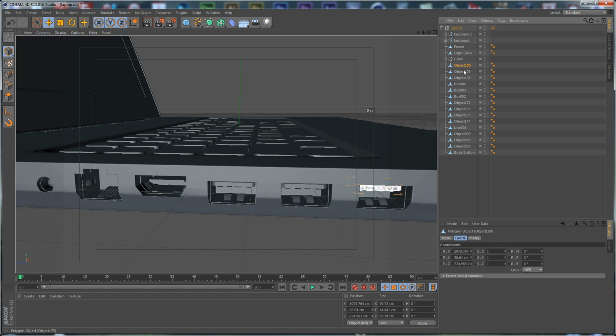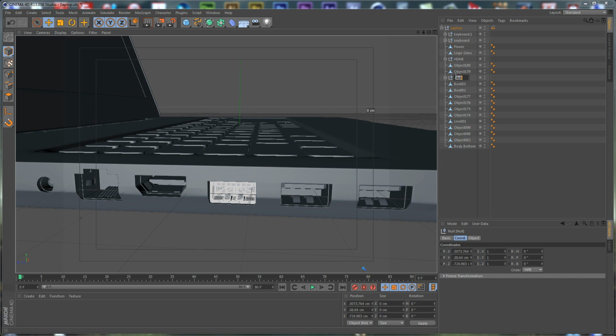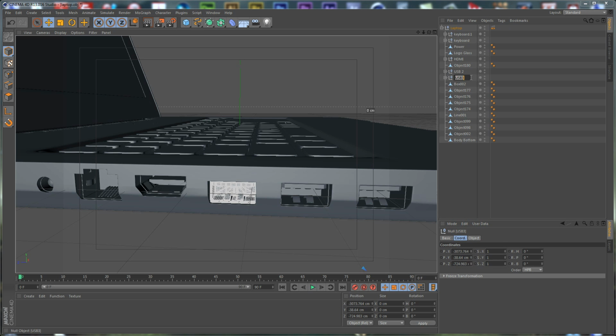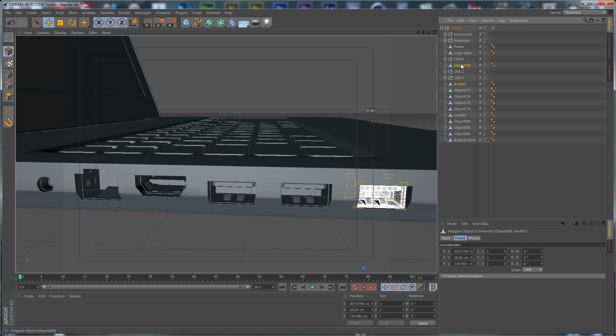Let's select this and call it USB 3. Let's call this one USB 2. It's very important to organize your project, and let's call this USB 1,